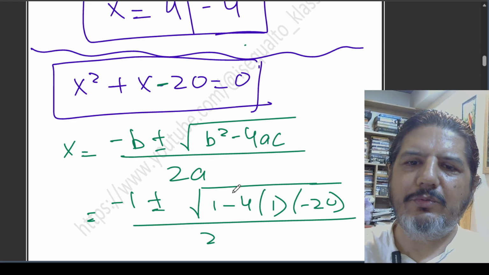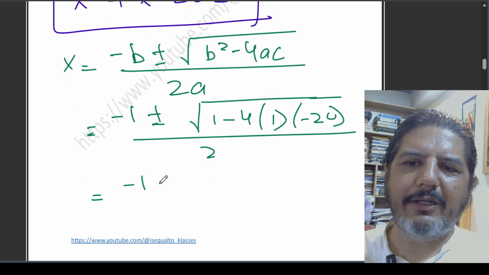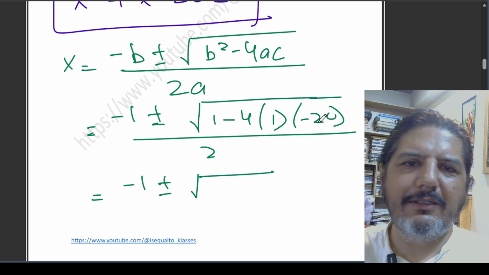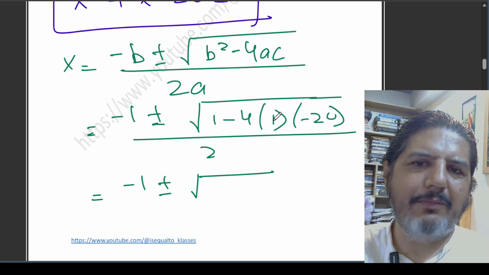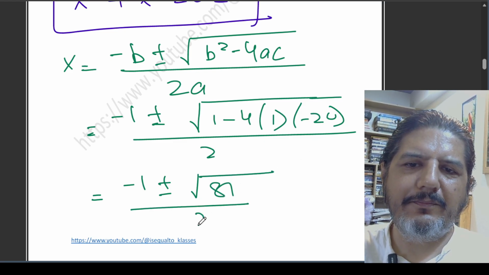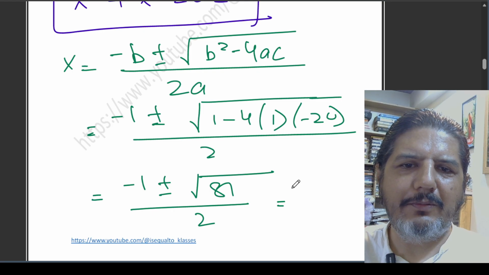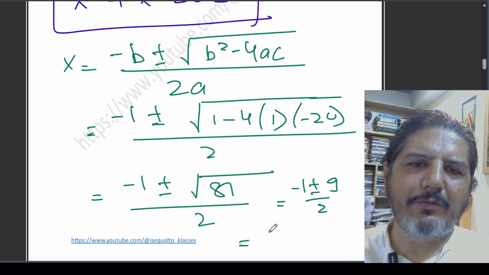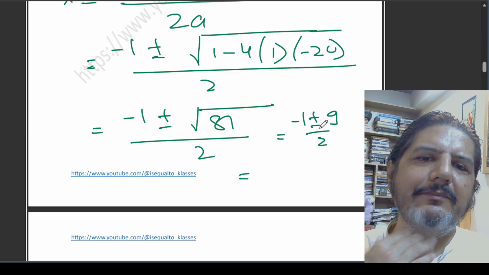So this will be equal to minus 1 plus minus root 81 by 2. So this will be equal to minus 1 plus minus 9 upon 2. So this will be equal to minus 1